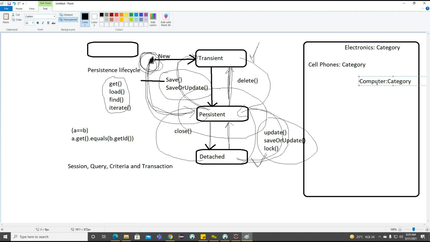Right, and now observe, basically the electronics having cell phones and computer.